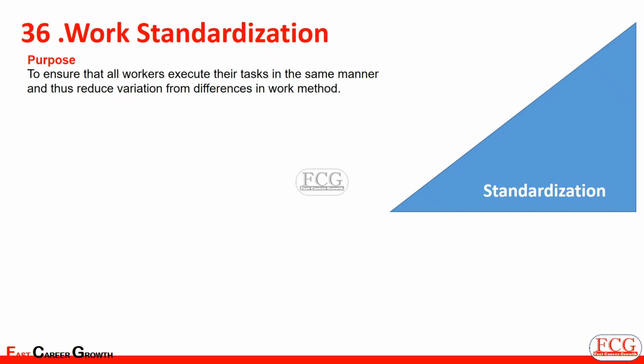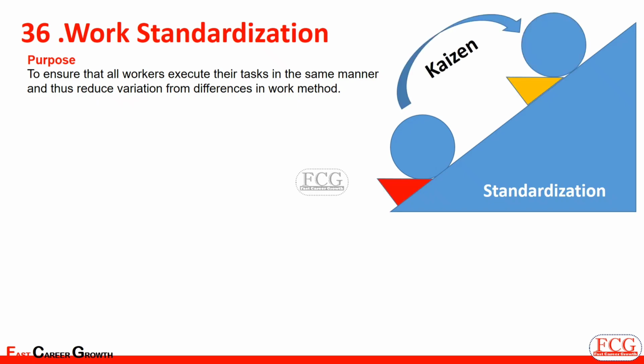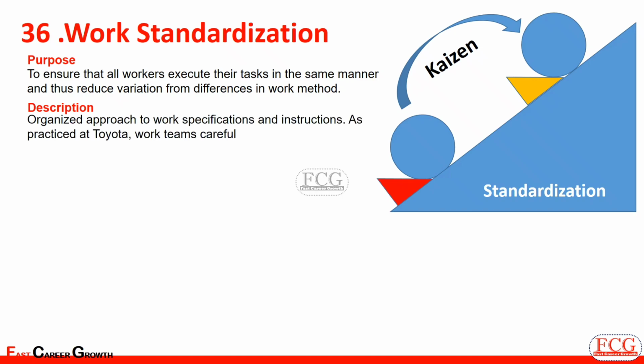You can think of standardized work as defining who does the task, when they do it, and how they do it. But standardized work should be thought up for ease of work by doing Kaizen. Organized approach to work specifications and instructions. As practiced at Toyota, work teams carefully specify the exact manner of performing each task and then adhere to it. Changes are made by the group when that group identifies